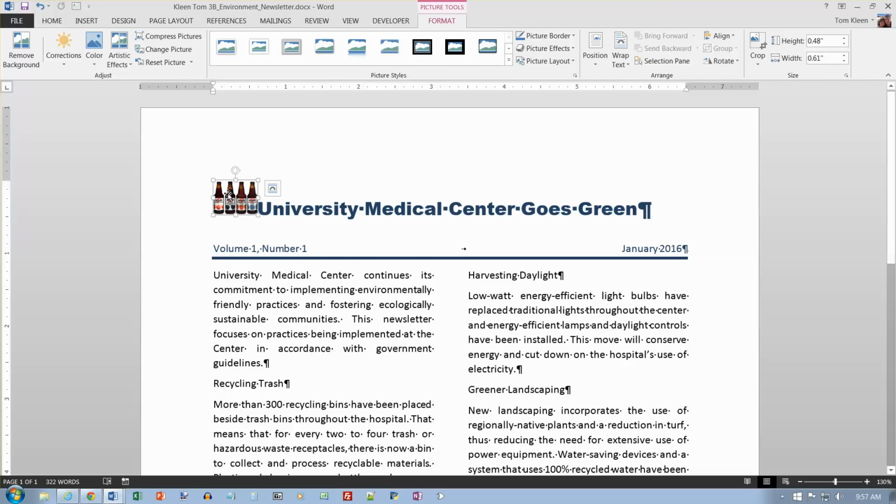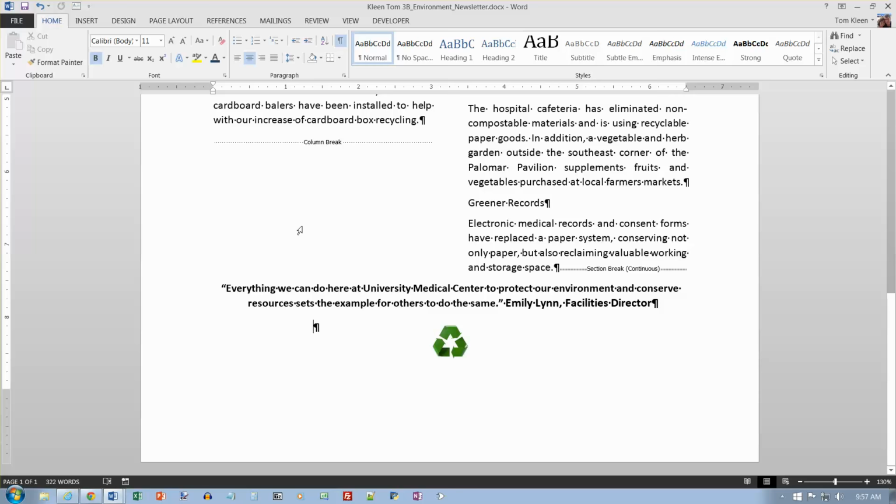If you want a transparent color, it will remove the background for you, and since that doesn't really work on this picture, I'm going to skip items 1 and 2 and 3 on page 263. Then I want to go to the end of the document on number 4, do a Control End, and I want to select the picture,